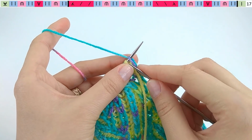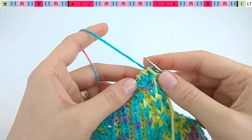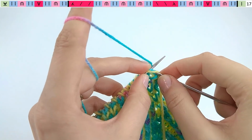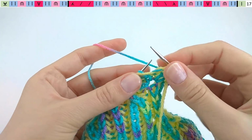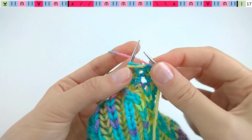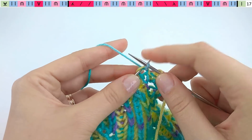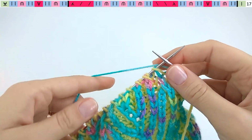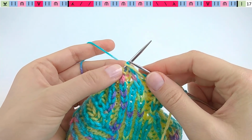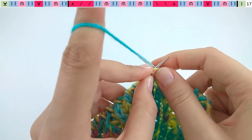Row number 17, knit the edge stitch, slip one yarn over. Here in these 3 stitches that we increased from 1, we have to knit like this, brioche knit, slip one yarn over. In the central stitch we do a 2 stitches increase, so brioche knit, yarn over, brioche knit, then slip one yarn over and brioche knit again, slip one yarn over, and here we did the decrease and we continue. So we start with the left slant decrease, slip the stitch, brioche knit together the 2 stitches,